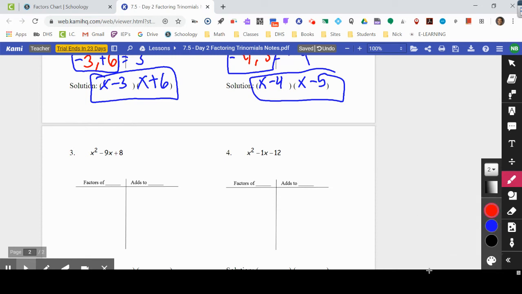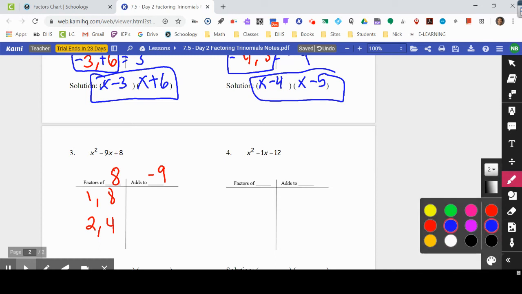All right, so again, I've got to find factors of a positive 8 that add to a negative 9, right? And I can only use factors of 8. That means I have 1 times 8 and 2 times 4. Those are my only factors. So somehow with these numbers, I've got to get to a negative 9. Well, the only way that's going to be possible is if I have a negative 1 plus a negative 8,